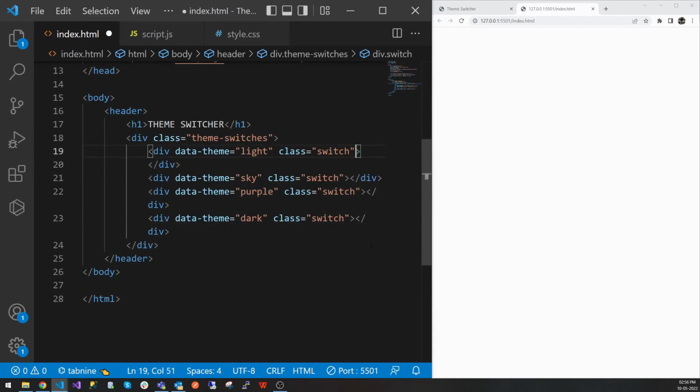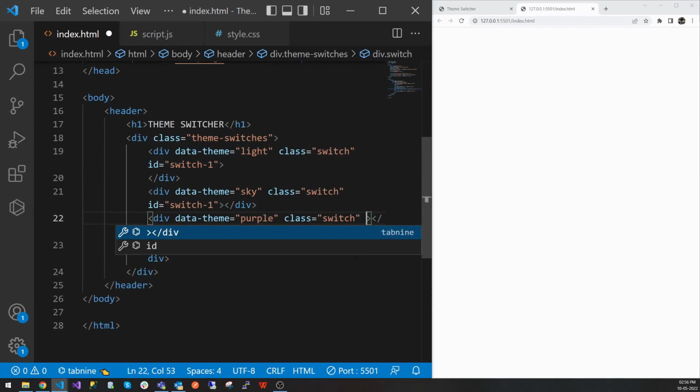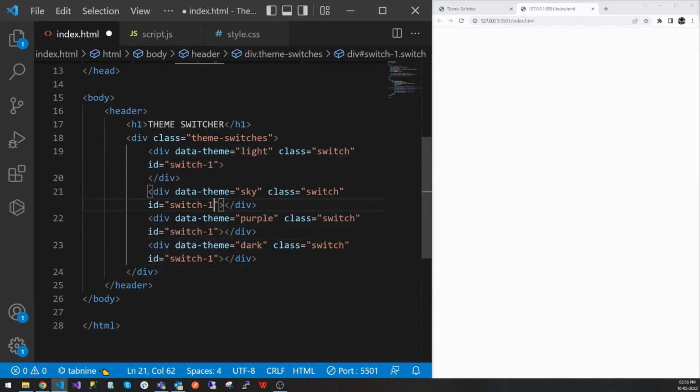Okay, and I'm going to create an ID for each and every switch to give a unique color to the switches. So I'm going to create an ID, which is switch 1. The same goes for all the switches: switch 2, switch 3, switch 4. Once you save it,